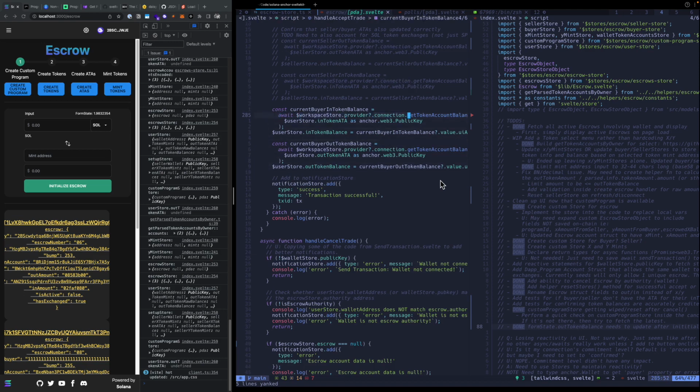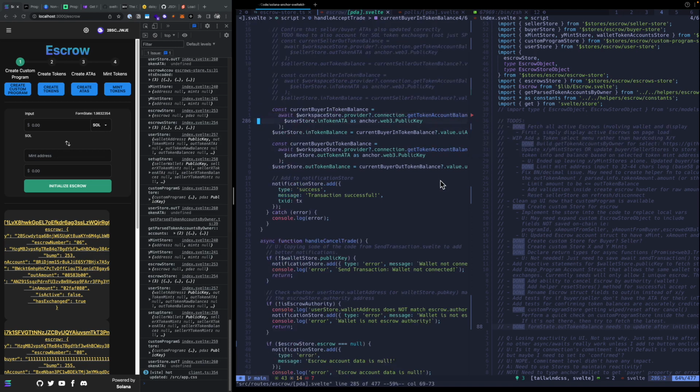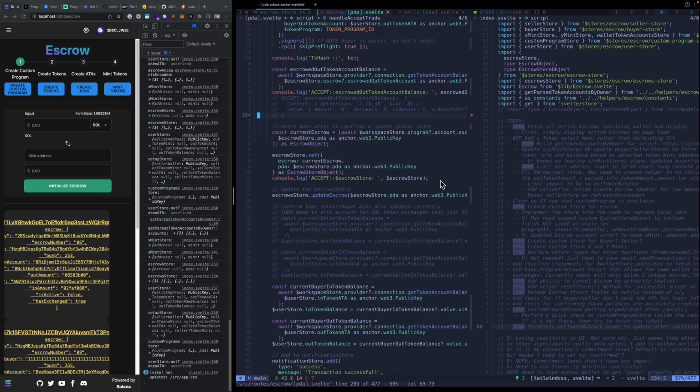This is basically doing the exact same thing, or not the exact same thing, but kind of redundant here. So current buyer, user store and token balance. I'm not sure if I need it. Why was I doing this? Confirm that the seller and buyer ATAs also updated correctly. So, this is kind of doing it. But I wonder if it would just be better